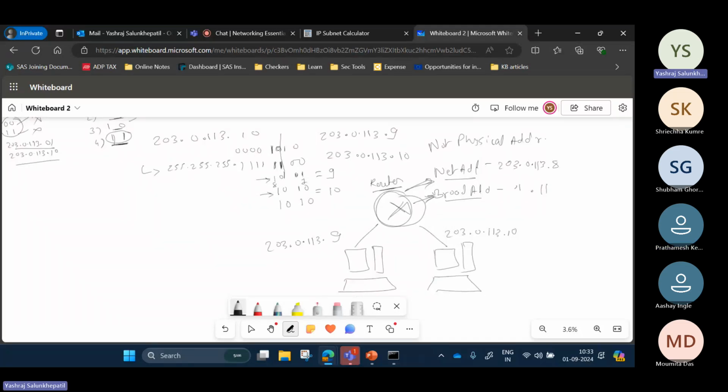Yes, yes, ऐसा है. तो उसमें नेटवर्क में it all ends with zeros and broadcast में all ends with 1. The host portion, ना, the host portion of an IP address जिसमें सारा 0 हो, वो नेटवर्क है और जिसमें सारा 1 हो वो ब्रॉडकास्ट है।